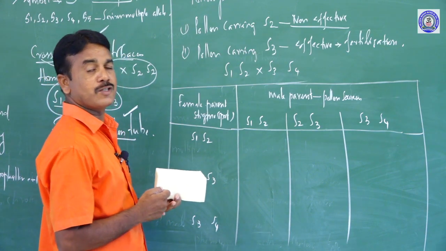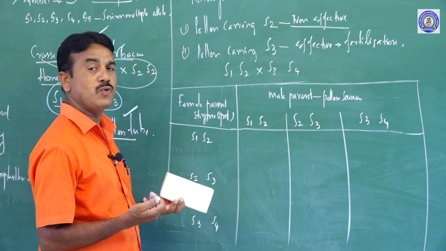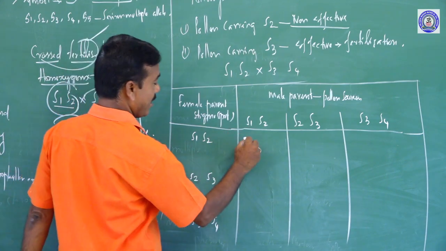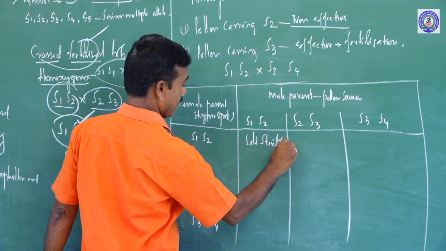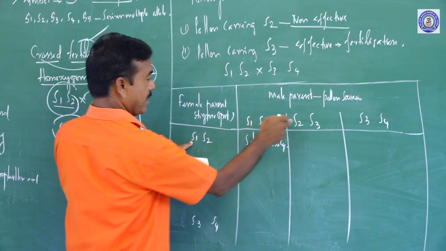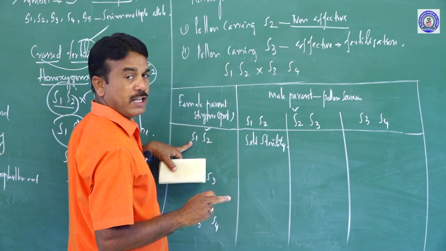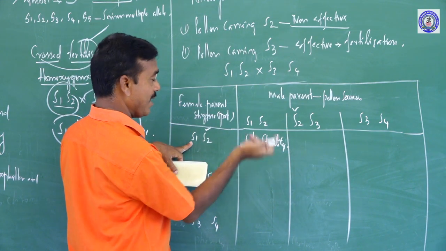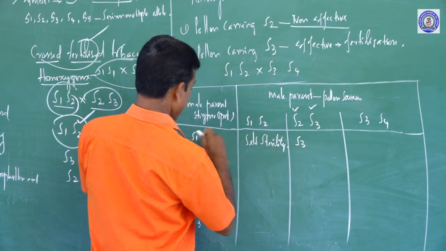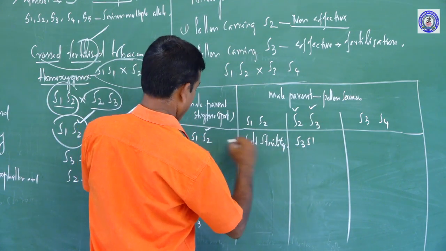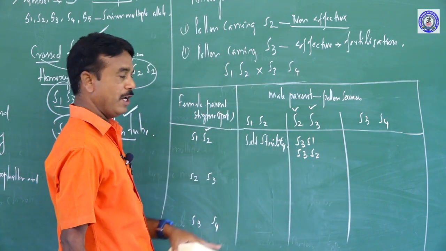if you are crossing the same kinds of allelic form, there is no formation of new things. That is commonly called self-sterility. Then crossing this and this one, because here S2 is there, S2 is there, the same kinds of allelic form, there is no possibility of crossing. So you have to cross with other than S2, like this: S3, S1, then S3 and S2. These two crosses are possible.